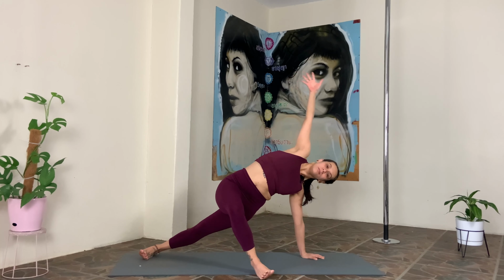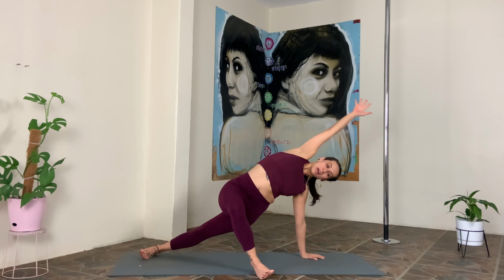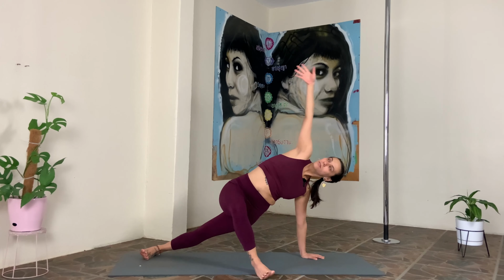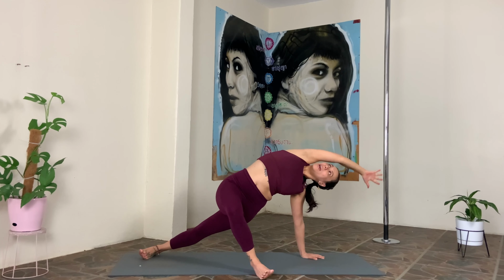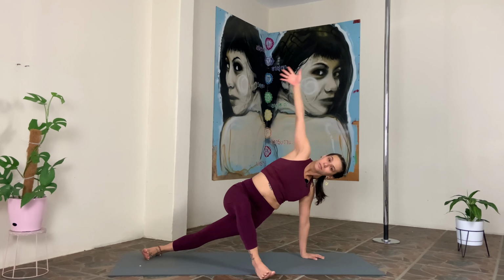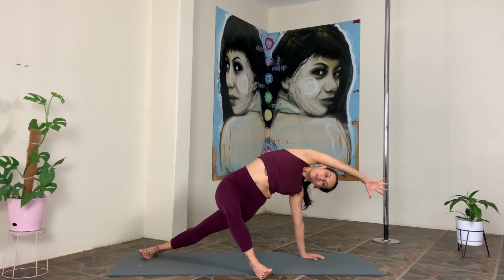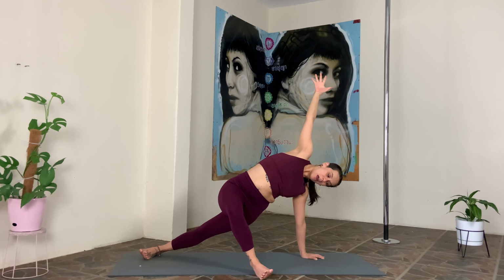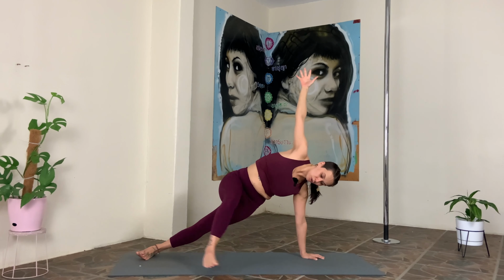Inhale to lift up. Exhale to lower. Inhale to lift up. Exhale to lower. Inhale to lift up. Reach your arm overhead, feel the length of your side body. Take your right arm back towards the ceiling, and then step your right foot to join your back foot, either